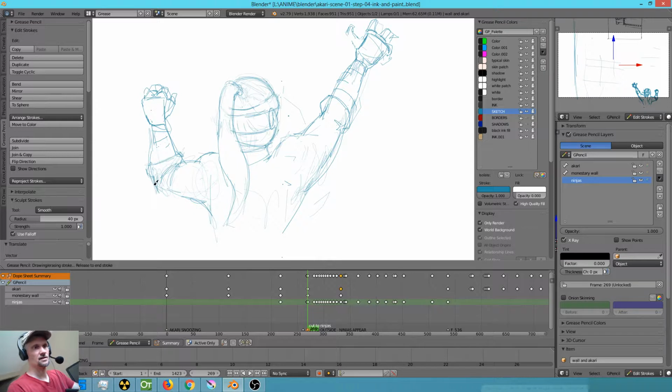So I don't mind sort of tightening things up, especially like line quality and all that sort of stuff at the inking stage, but I don't want to be making decisions about costuming. I don't want to be making decisions about the details. When I'm inking, what I really want to do is just rapidly slam through and get that ink in there. It's not as creative of a process. It's more of grunt work, and the grunt work is fun, but when I switch into more of a creative decision making mode, I just want that looser